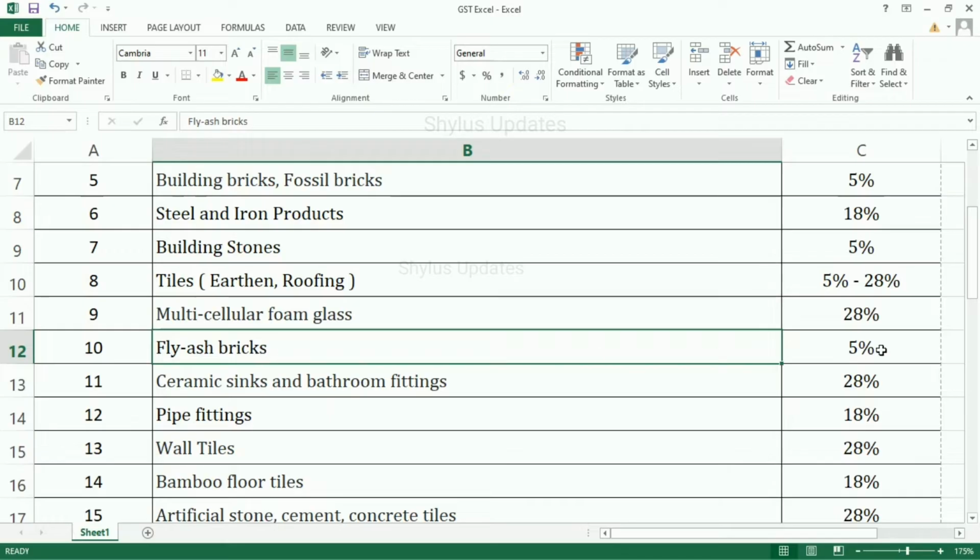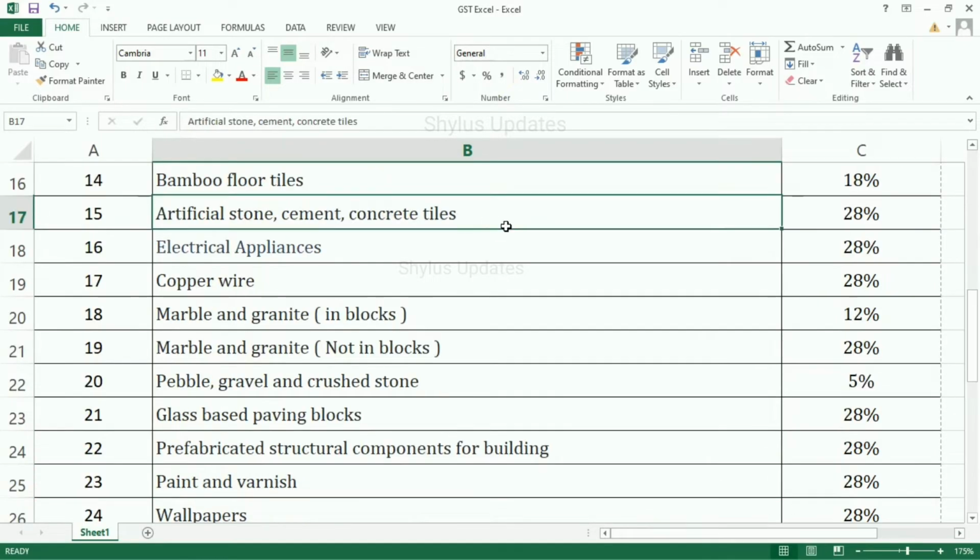ash bricks 5%, ceramic sinks and bathroom fittings 28%, pipe fittings 18%, wall tiles 28%, bamboo floor tiles 18%, artificial stone, cement and concrete tiles 28%, electrical appliances 28%, copper wire 28%, marble and granite in blocks 12%, marble and